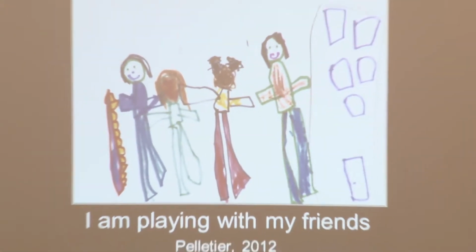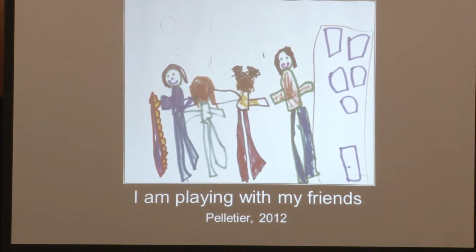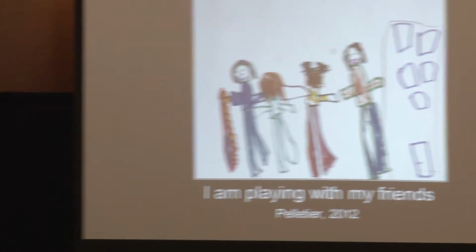A lot of them are about play or different parts of the program they like playing in. And she's doing it for research purposes, right? And these are coded and analyzed in a systematic way. It's also very useful for educators or for parents at home or for home-based programs to simply ask kids, or give them cameras when they're a little bit older, to take pictures of what they like doing most. It tells us a lot about what's important to kids, what they get out of play, and there are sometimes some surprises.